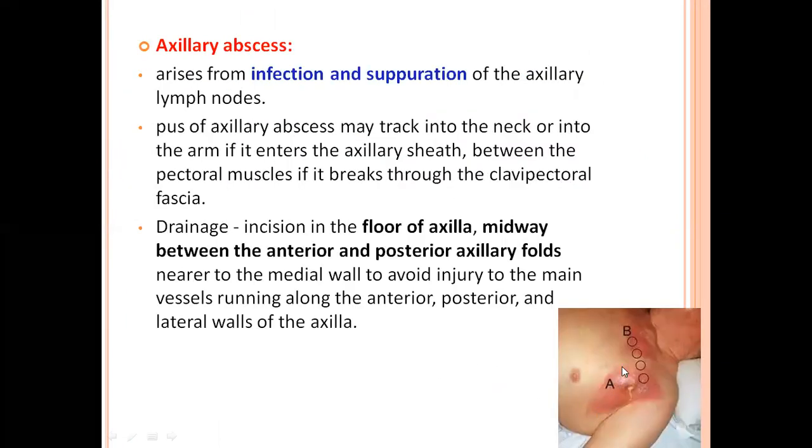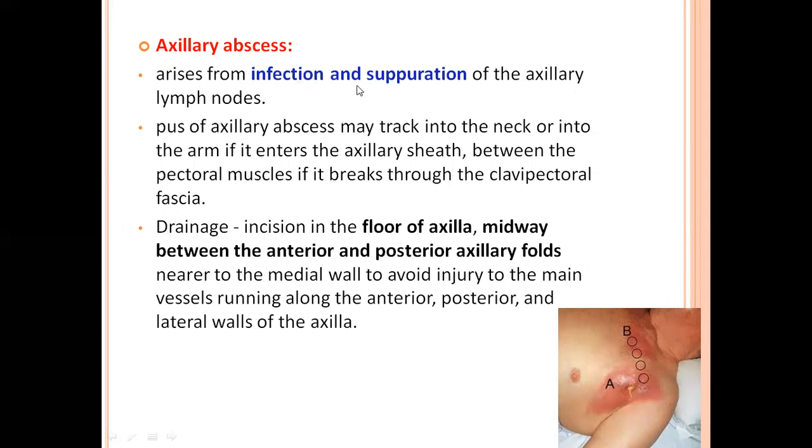Then if there is any infection in the axilla region, so if hair is not clean in that area, axilla has a lot of hair, sebaceous glands, sweat glands, because of which the area is always moist and it will invite all infections. Bacteria will get a chance to multiply over there, viruses, fungi. So if hygiene is not maintained, it will lead to a condition called axillary abscess, nothing but pus formation.